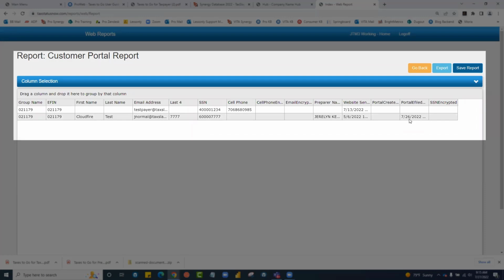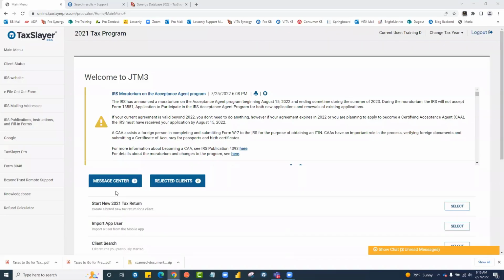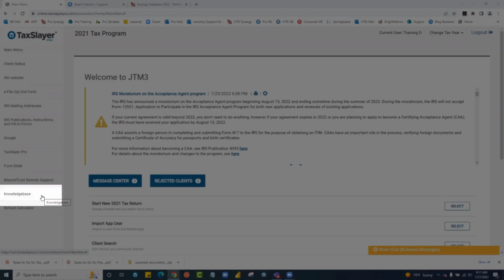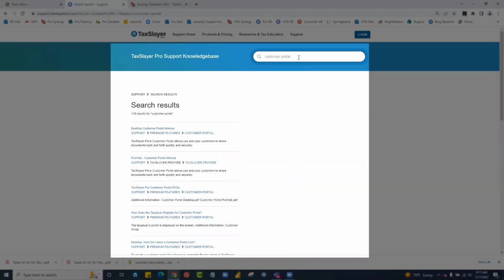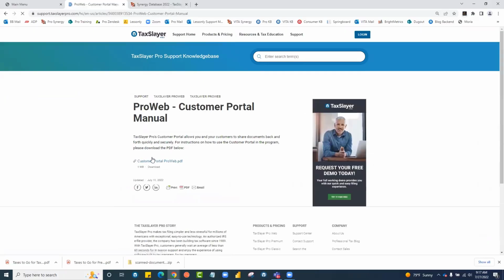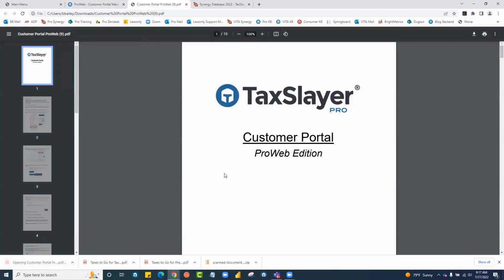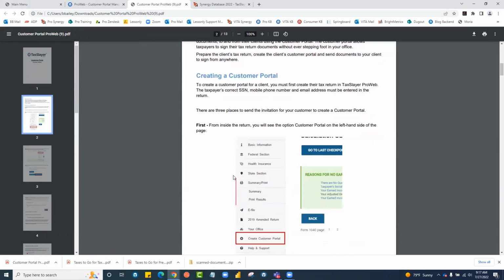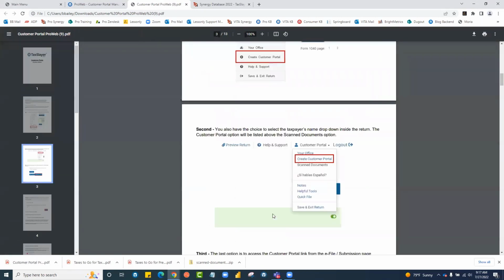So like the Taxes to Go report, you can use the customer portal report to track your taxpayer's journey through using the application. And before we close this lesson, again, if you go to the TaxSlayer Pro knowledge base, on the left navigation menu in your software, and type in customer portal, a list of portal related articles will come up. There is a ProWeb customer portal manual that you can download to PDF. And just like the Taxes to Go manual, this is a step-by-step walkthrough of how to create the portal in your software,